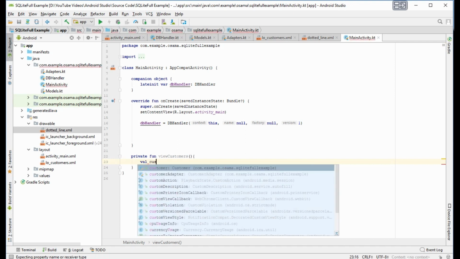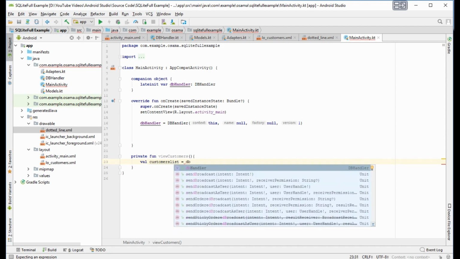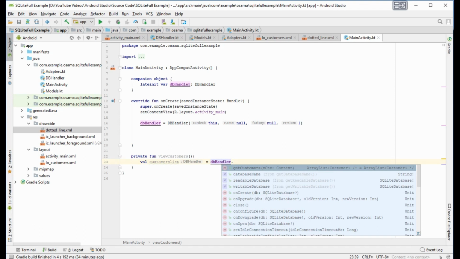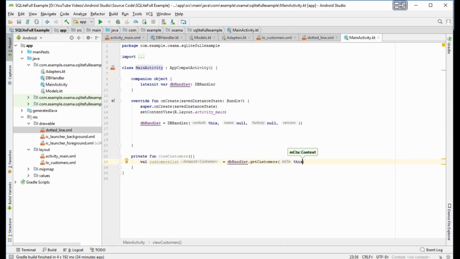Val customers list equal DB handler dot get customers, this.